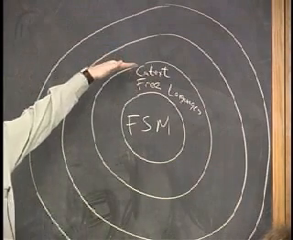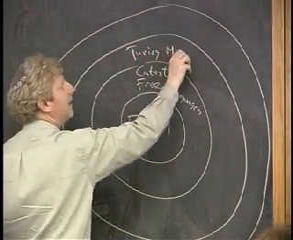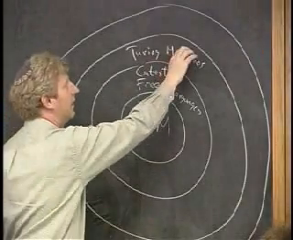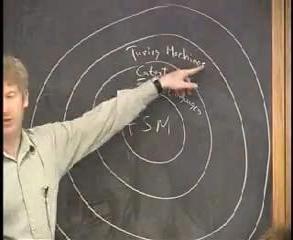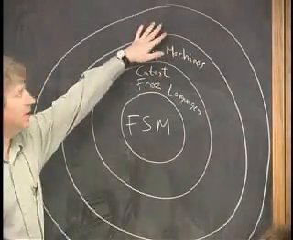Then we bump up another level to Turing machines. That's full-level computation. That means anything that can really be computed with a computer, with any normal programming language, can be computed by these machines. So this includes everything that you know how to do. And way out here in the twilight zone,